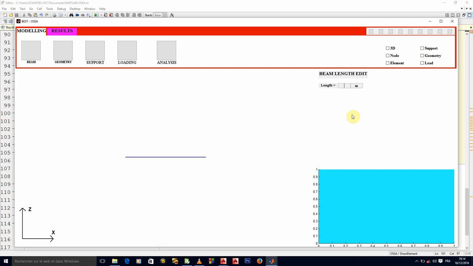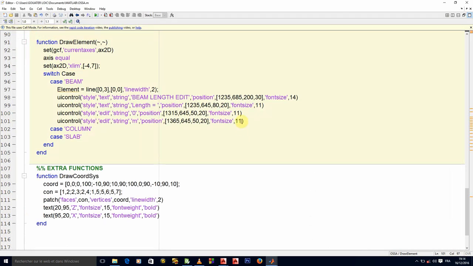So that will be that. Now let's make things more interesting, more beautiful. Okay, so observe. I will set the background color of my edit text. Here is not an edit text, it is a static text. I will set the background color of my edit text. We'll put it to cyan, okay?